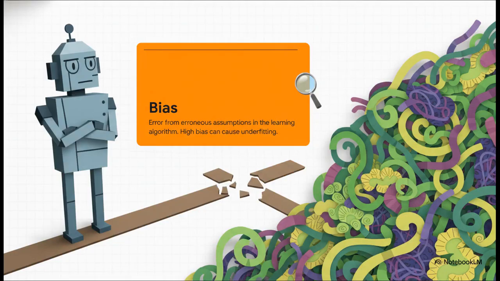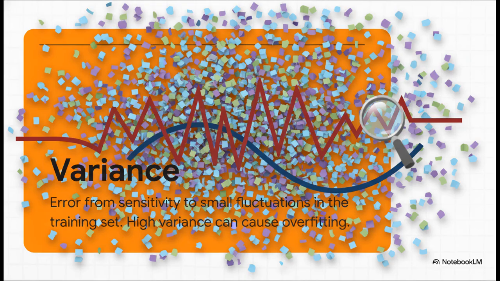Okay, let's break down bias first. A model with high bias is kind of like a stubborn predictor. It's got this super simple, rigid view of the world, and it just completely ignores the more complex, nuanced patterns in the data. This leads to a big problem we call underfitting, which basically means the model just isn't smart enough for the job. And then there's variance. A high variance model is the complete opposite. It's nervous and erratic. It pays way too much attention to every single little data point, and that includes all the random noise. So what happens? It ends up just memorizing the training data instead of actually learning the real pattern underneath. And we call this one overfitting.